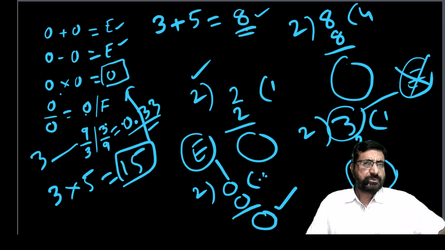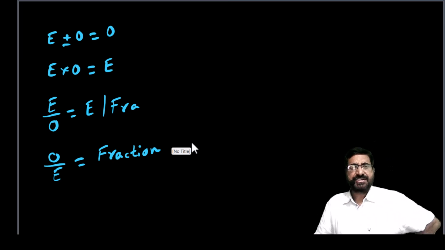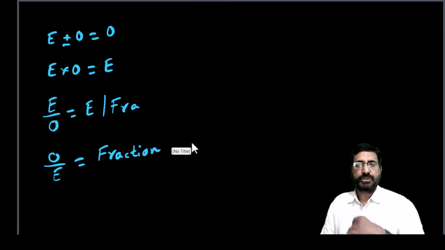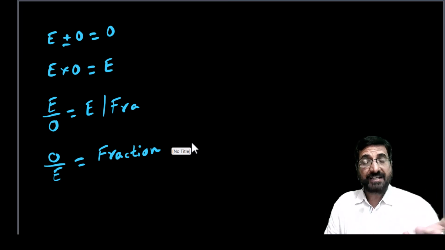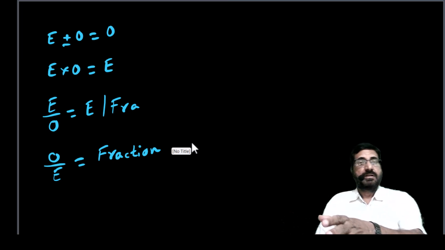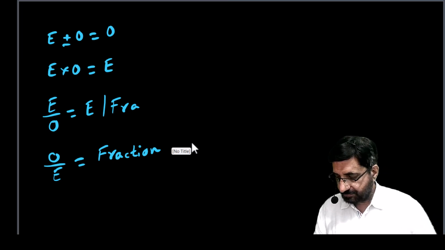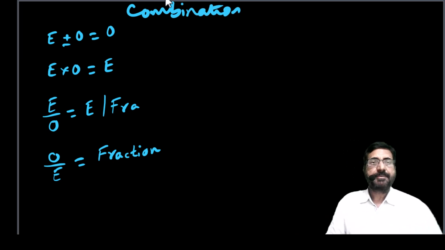Now going back to what combination. Okay, this is combination. So far in the previous two slides we have seen when we add odd and odd, subtract odd and odd, multiply odd and odd, what you are going to get. When we multiply even and even, when we divide even and even, and when you add even and even, what number you are going to get. So now let us see combination. Combination means odd and even both.